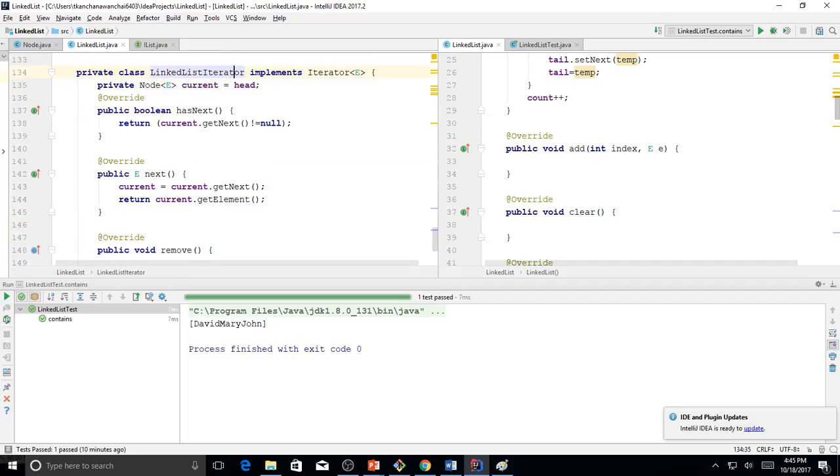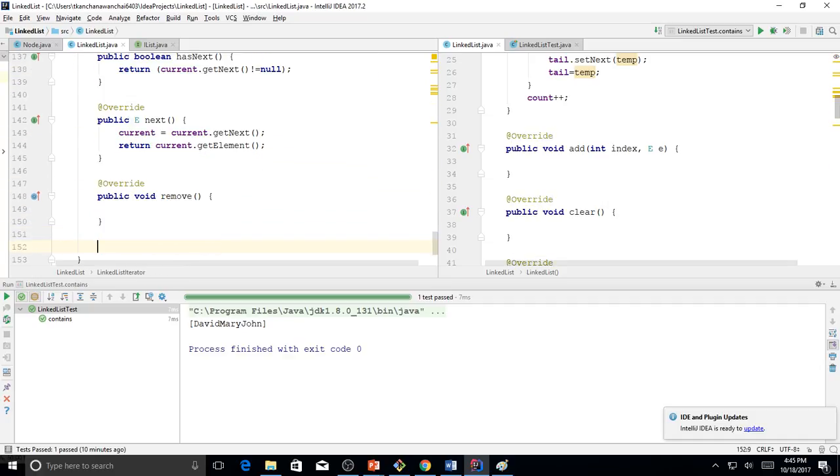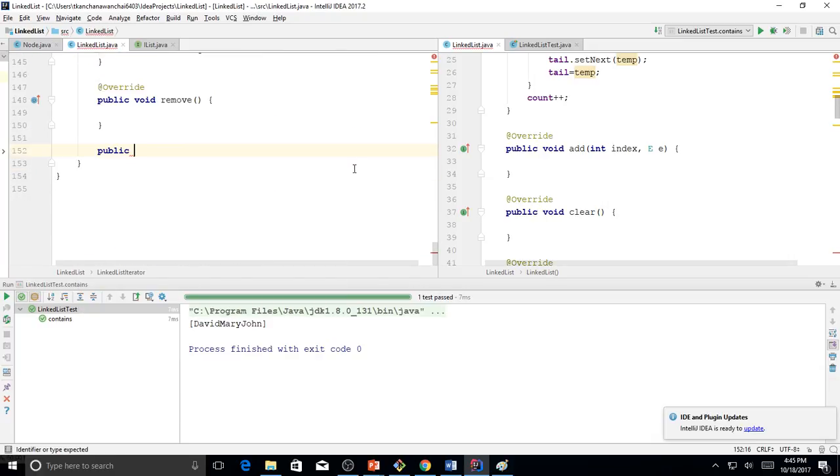So pretty much just get current, right? If we add the getters, public node E get current. Like make a getter, right? Return